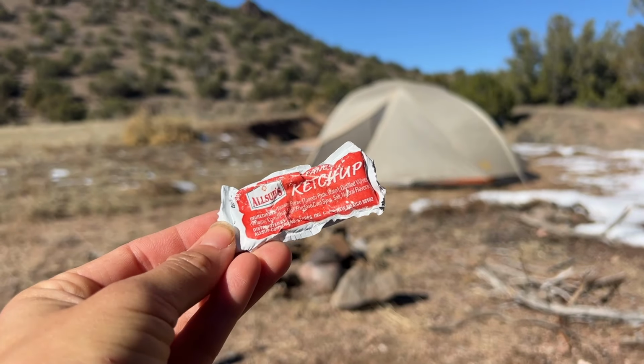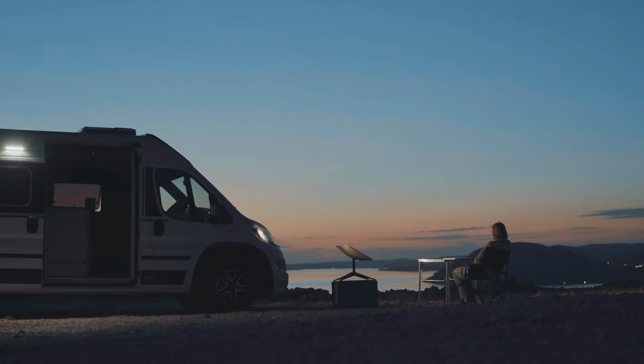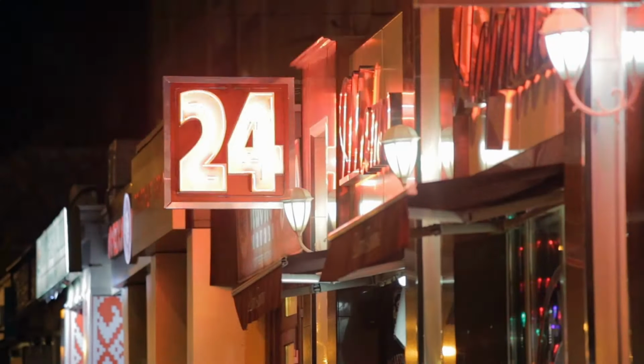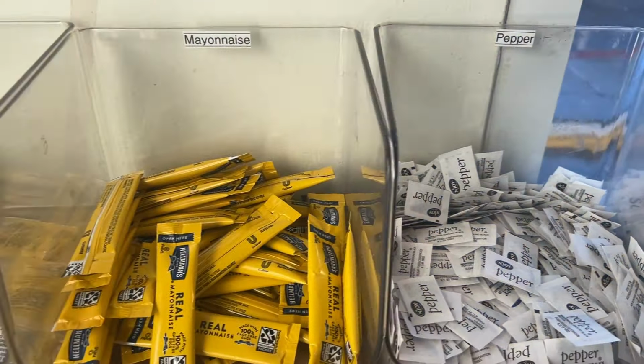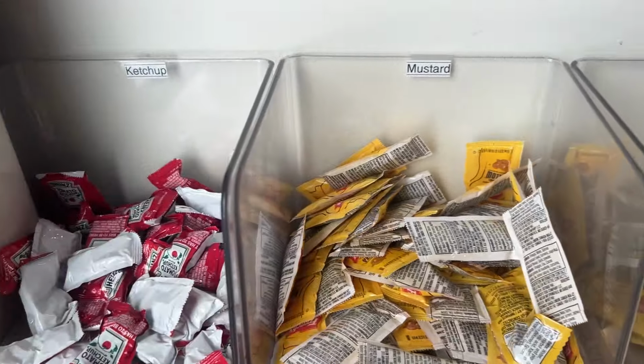Gas stations are the perfect place to stock up on condiments. Next time you stop, be sure to grab from those little condiment thingy-majiggies, I don't know what they're called, but just grab some because they are great, they're clean, they're easy, they're lightweight. They will fuel your sandwiches, and to make sure you always have fuel for your fire, be sure to carry